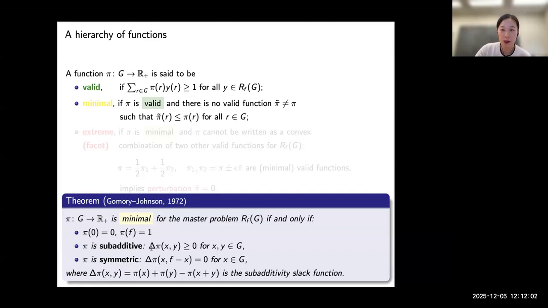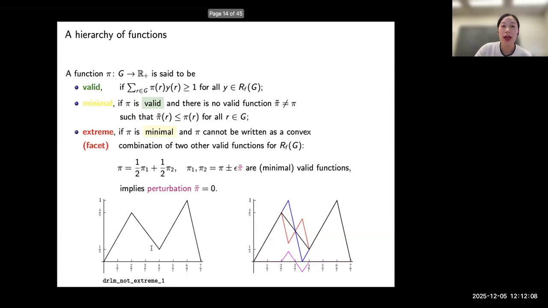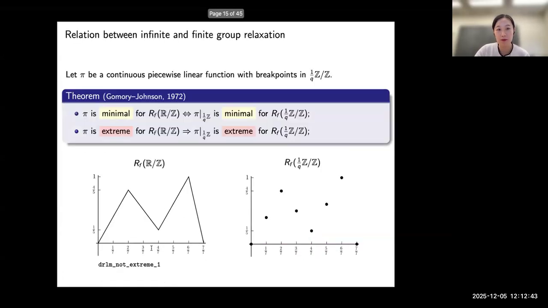So we know the minimal functions quite well, but for the analog of facet, here we have the extreme function. An extreme function is a minimal function that is not the convex combination of 2 other minimal functions. So on the left-hand side, the graph shows a minimal function because it satisfies all the 3 criteria, but it's not an extreme function because it can be written as 2 other functions that are minimal. And in this talk, I will use interchangeably extreme function or facet defining inequality, facets.